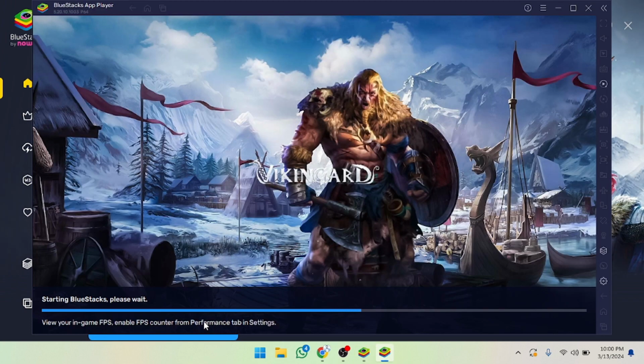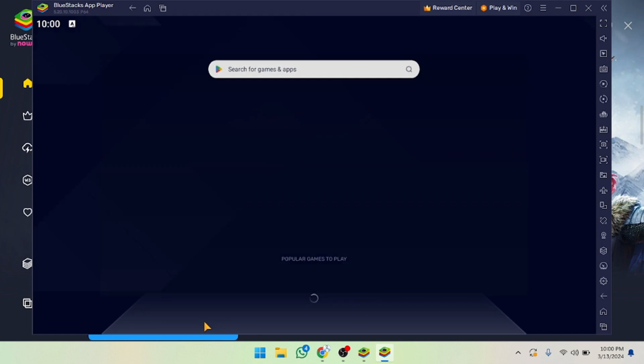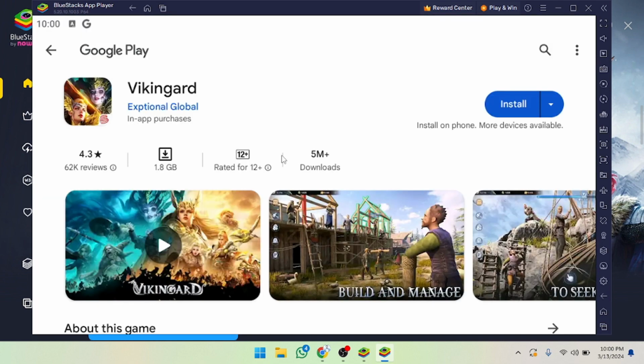So as you can see, it's loading. We have to wait a few seconds until it loads. So we have to wait. So as you can see, the game is here. If you want to check out the game details, you can also do that. Like the downloads are 5 million players and the size of the game is 1.8 GB and the reviews as